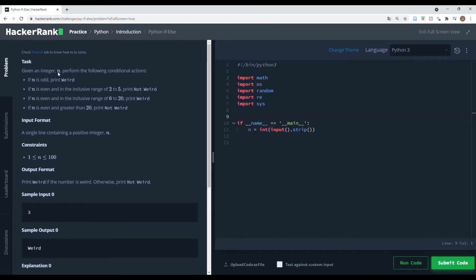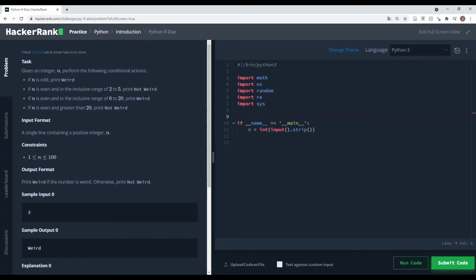So this is pretty straightforward from a problem-solving perspective. The one thing with these kind of problems that you want to look out for is whether there's any cases or any values for n that fulfill multiple of these conditions. In that case, you'll want to think about how to handle this. However, in this particular problem, n really only ever fits into one of these categories, so we can handle these